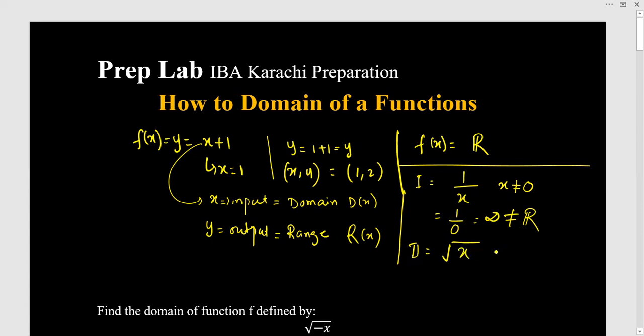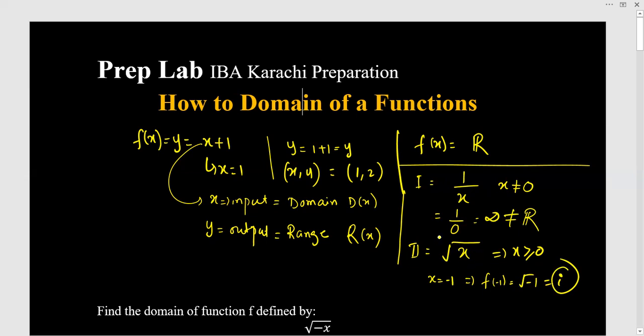The second case is, for example, our function is in this format, a radical. We know that the value under the radical should be greater than or equal to 0. Why? Because it cannot be negative. For example, if you put x equal to minus 1 over there, our function f of x will be equal to radical minus 1, which is iota. So we have to avoid two things. There are two restrictions. The denominator cannot be 0, and the radical value cannot be negative. So our domain is restricted by this. We can say that the value under the radical should be greater than or equal to 0, the value should be positive over there.